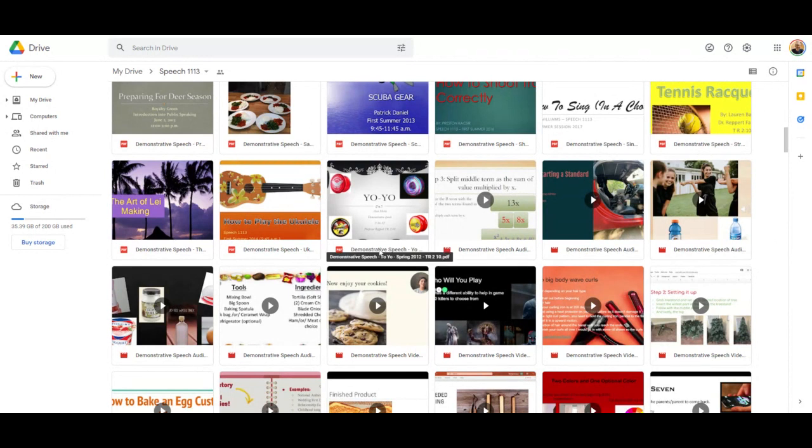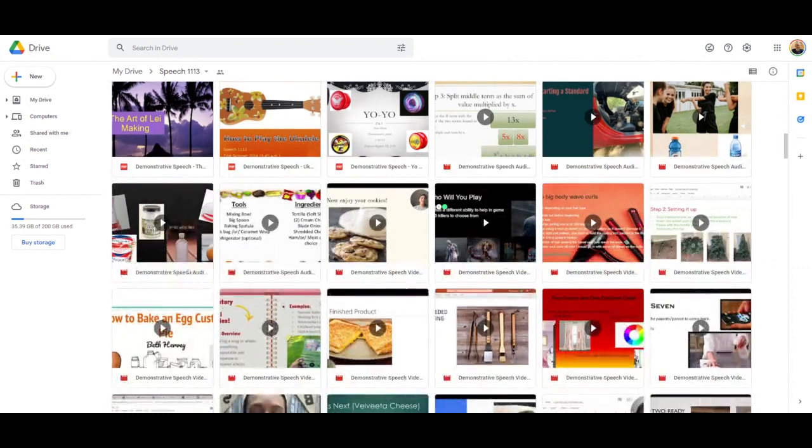We had yo-yo as our last demonstrative speech outline, but audio means, and the play indicates that it is audio or video, factor polynomials by grouping, how to drive a standard, how to keep a healthy throwing arm. I think that was someone who's on the softball team. Stimulate your hair growth. These are still audio, tortilla pinwheels, and then we get into demonstrative speech videos that include